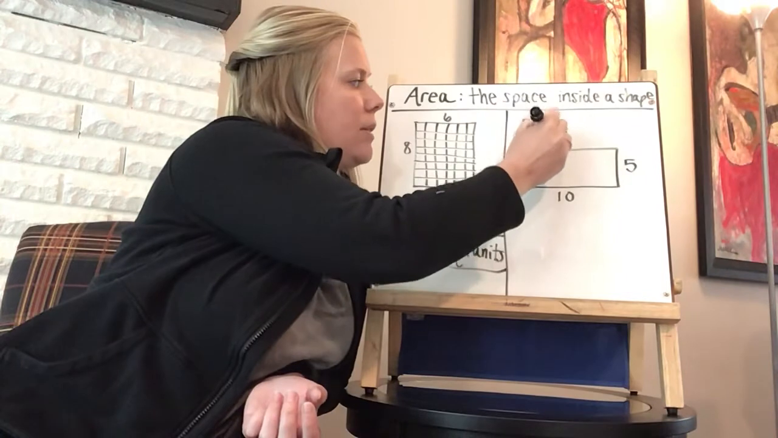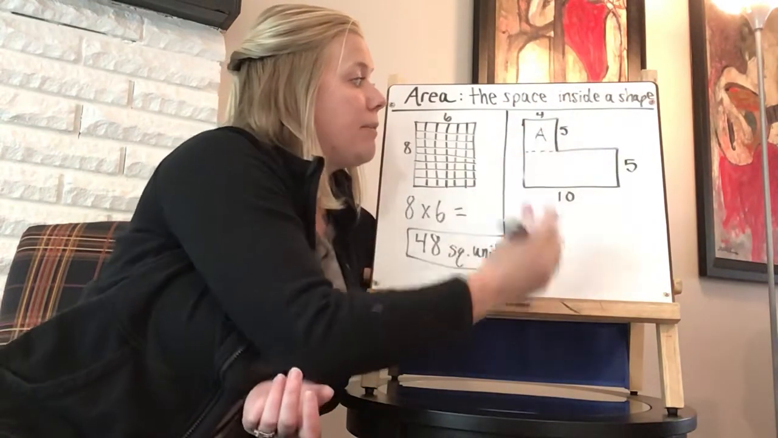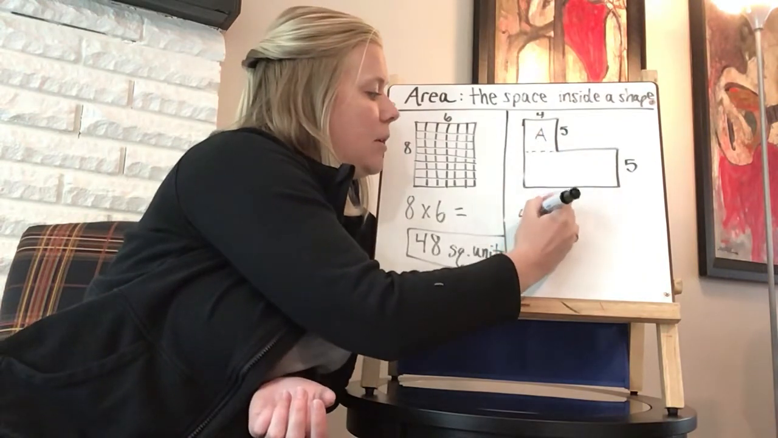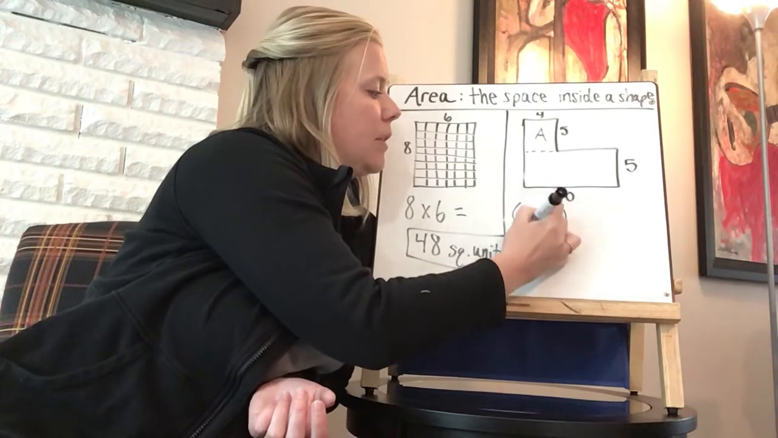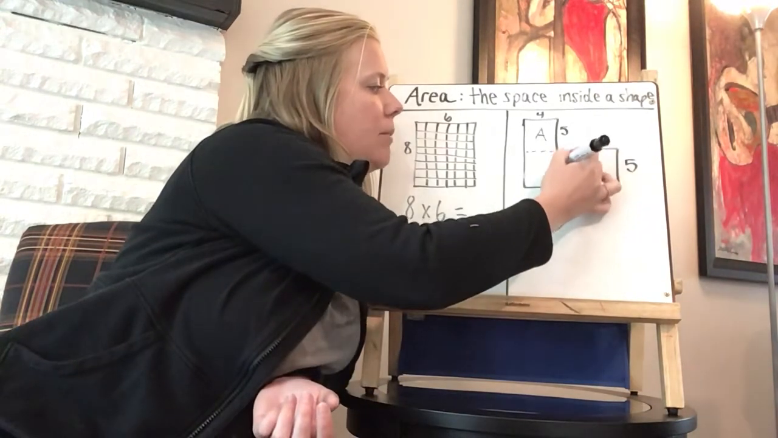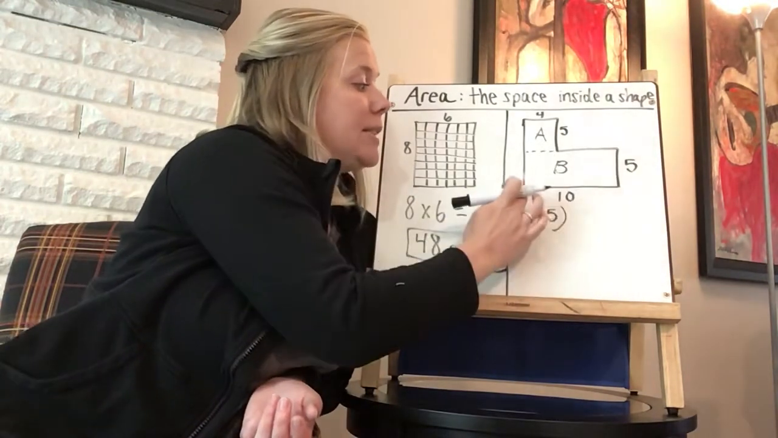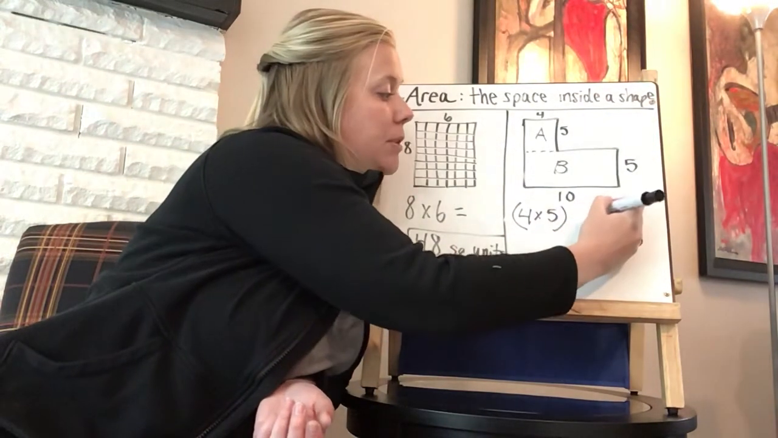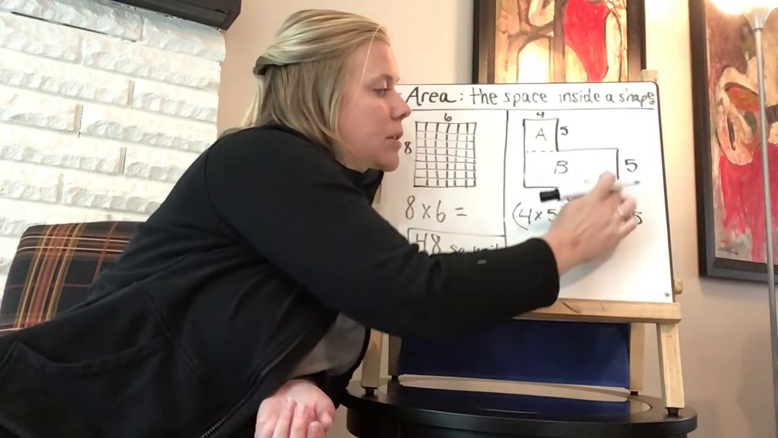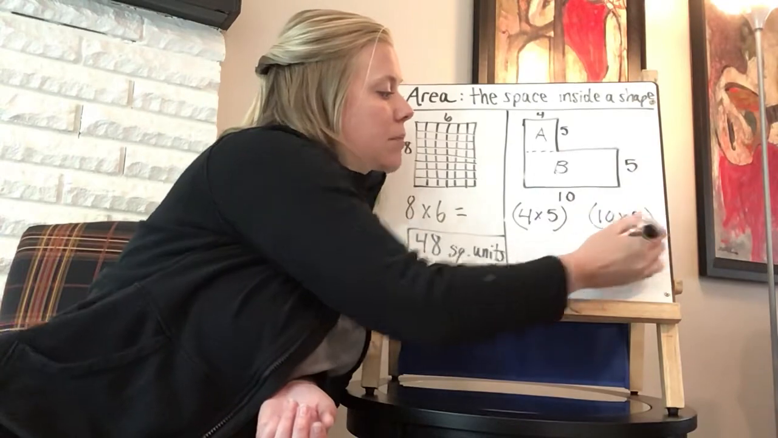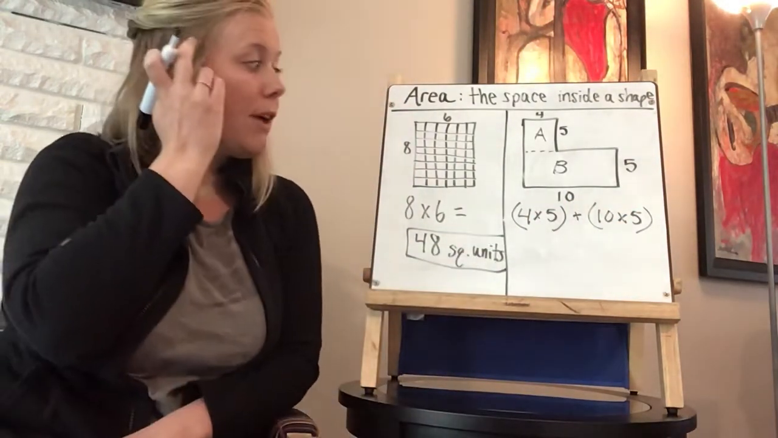So here's rectangle A, and we have 4 times 5, okay? We have 4 times 5, our length times our width. So we're going to figure that out. And we have rectangle B, we have 5 times 10. Or 10 times 5 because of the commutative property, right? I'll do 10 times 5. Those are our side lengths. We are going to multiply those together and add them up using distributive property to find the area of this